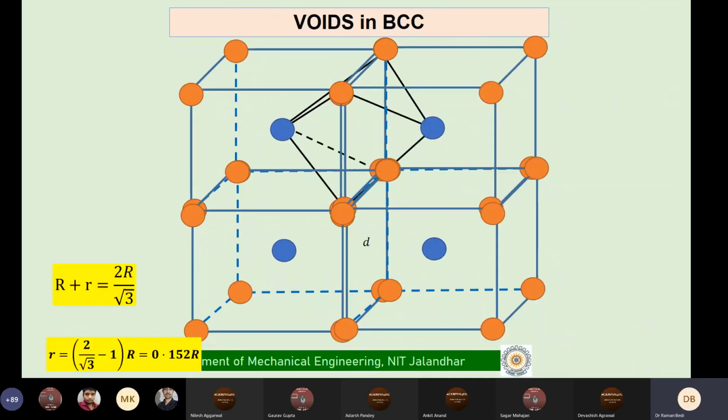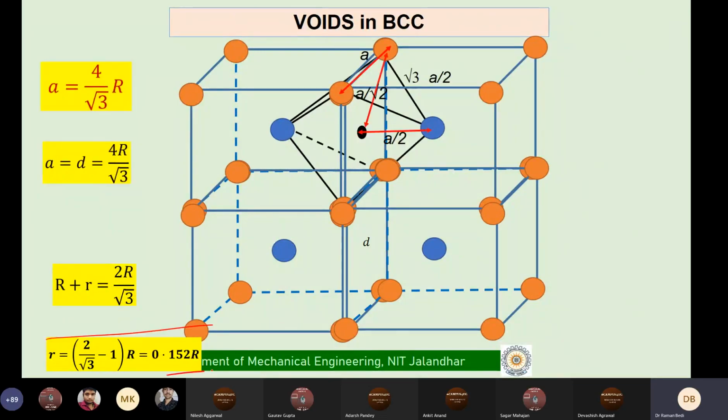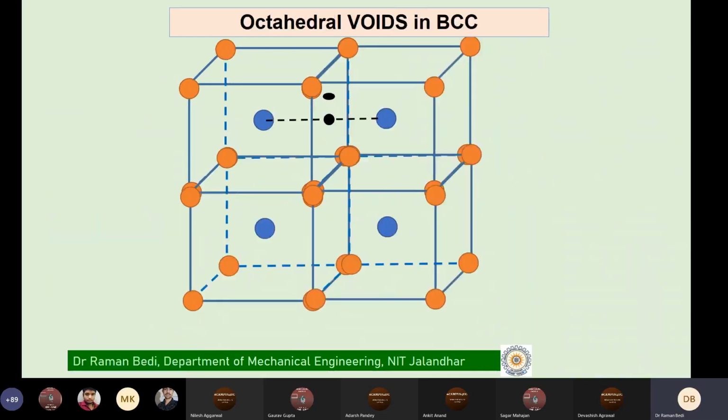The actual value that you get, and you can calculate that based upon the calculations here, is that the r to R ratio happens to be 0.15152 times R, which we find is smaller when I compare these values with your FCC structure. And this is how the calculation can be done. I will share a separate video because I just want to cover some other topics today.